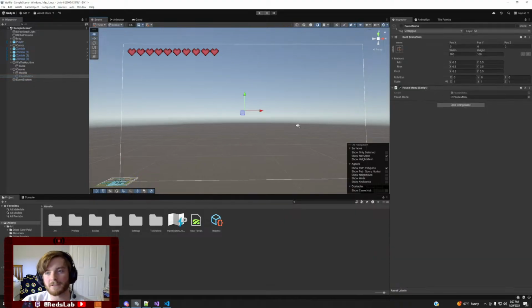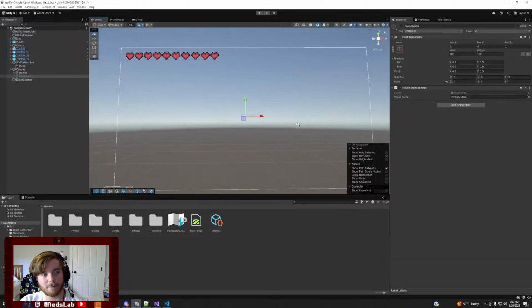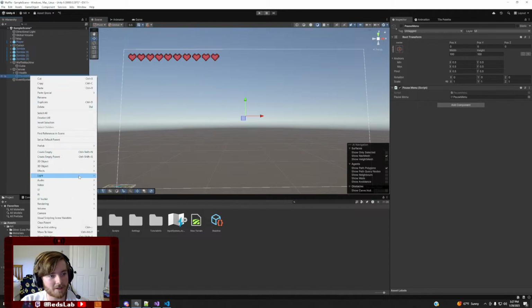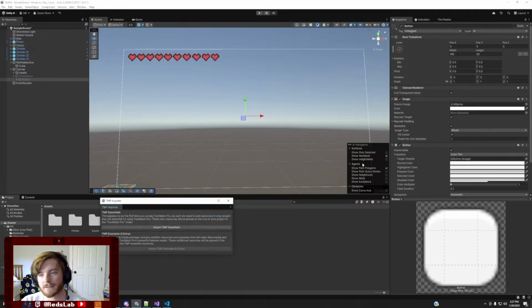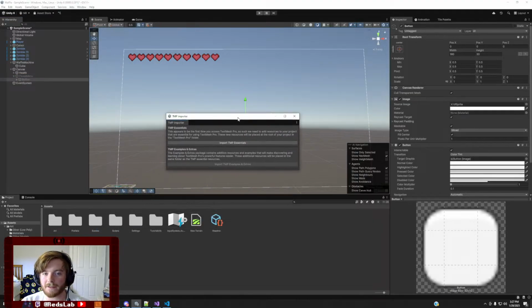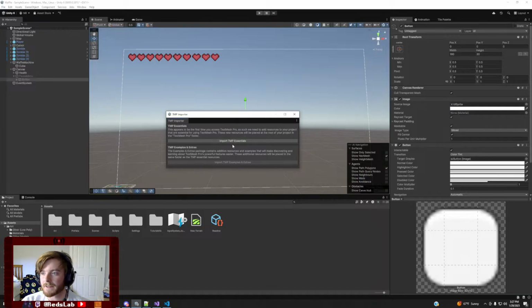But what we're also going to want to do is add some cool things here. So what we're going to do is go back to here, UI, and we're going to make a button. If you haven't used the UI before,